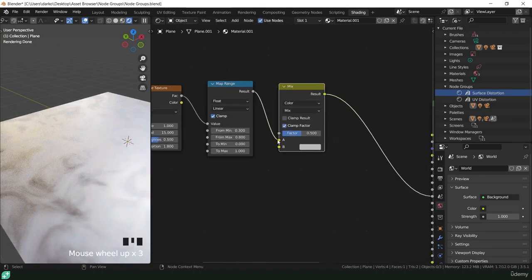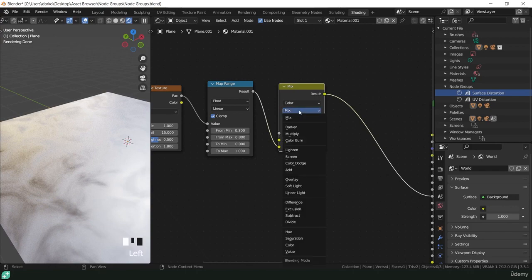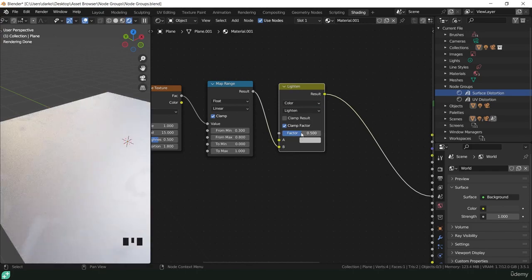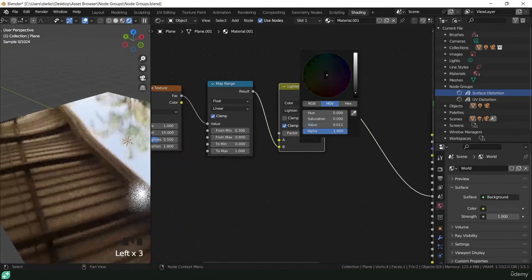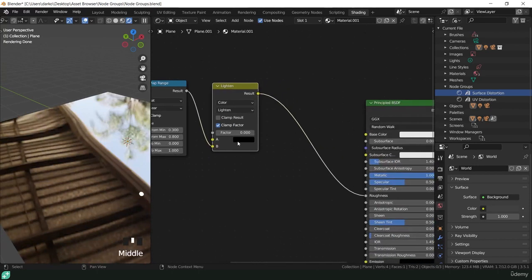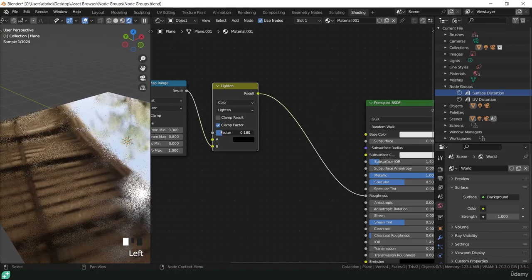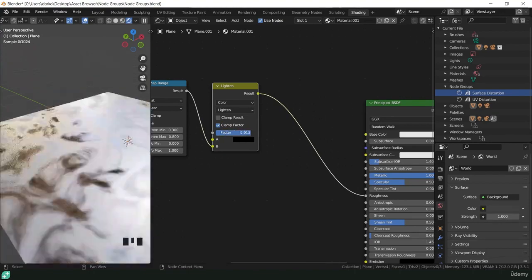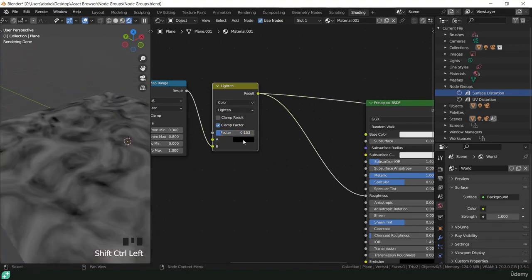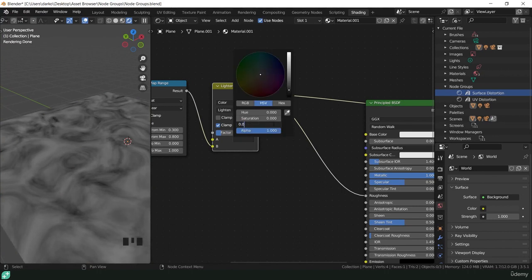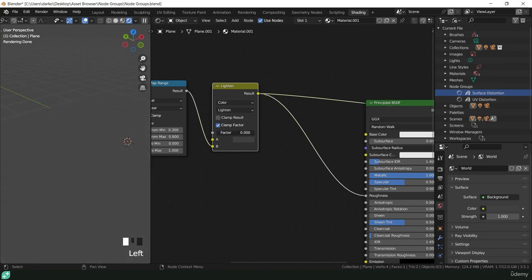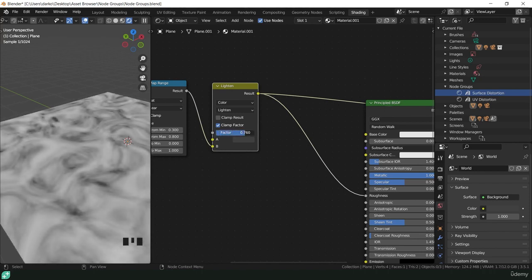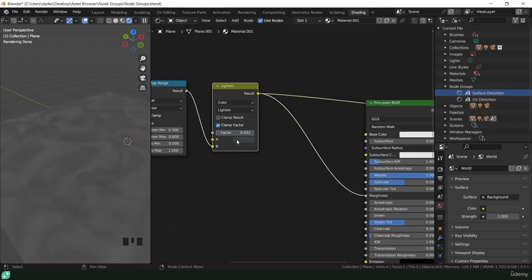Now by default this is going to jump into slot A. We actually want this in slot B. And instead of mix, we're going to use lighten. So the reason that we're going to use lighten is if we take the factor all the way down, and let's actually just change slot A back to a very reflective roughness, essentially 0. As we increase our factor, we get more and more of this noise texture on our material, and therefore it's affecting the roughness more. Now, because we're using lighten, if we have a value in here that's say 0.05, if we have our factor at 0, we don't affect that value. And as we increase, this 0.05 value will never get darker,